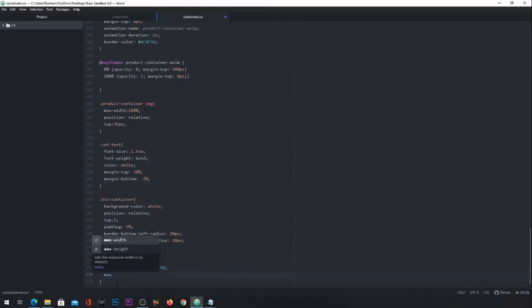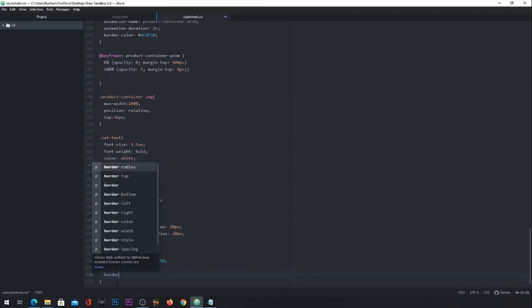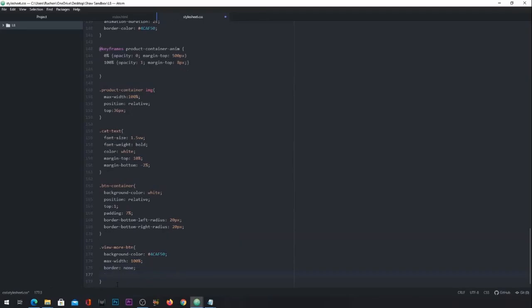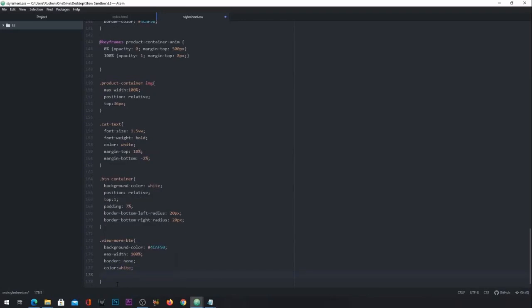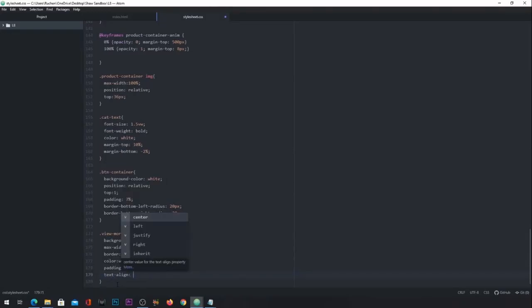The max width of the button needs to be 100%. I'm going to set the border to none because I don't want a border around it. I'm going to set the color to white. And then the padding I will set to 7 and 12 pixels. Okay, so again, shorthand property for when it comes to padding. And then text align I'm going to set to center,